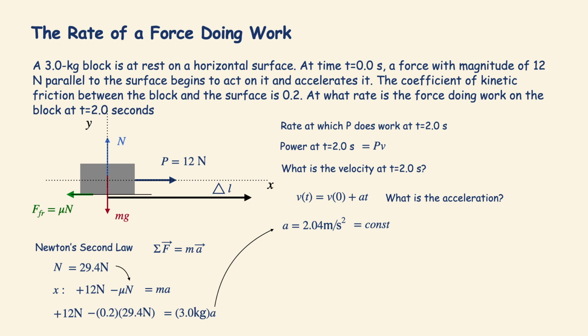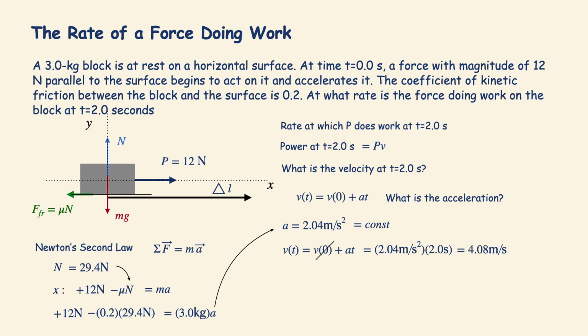So indeed, I can use the kinematic relationship for the velocity. Velocity at any given time t will be equal to the velocity at time 0 plus a times t. The block started from rest, so at time equals 0 seconds, that velocity was 0. So what is left here is just to replace the symbols with the numeric values. For the acceleration, I'll have 2.04 meters per second squared. For the time it will be 2 seconds, and I see that the velocity at 2 seconds is actually 4.08 meters per second. And now I can finally go back to the question of